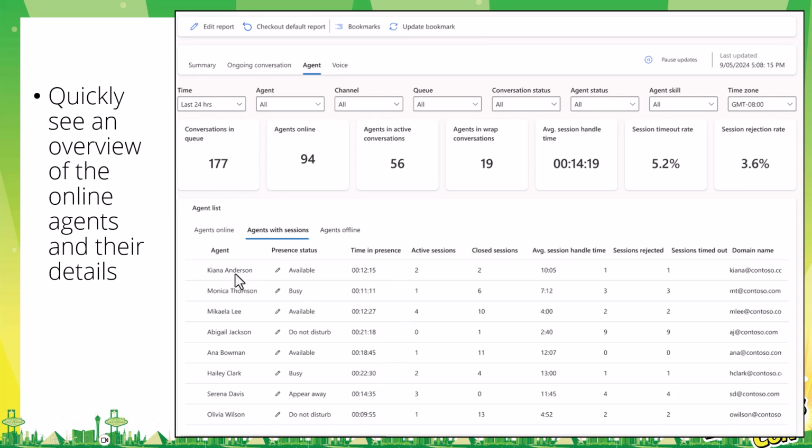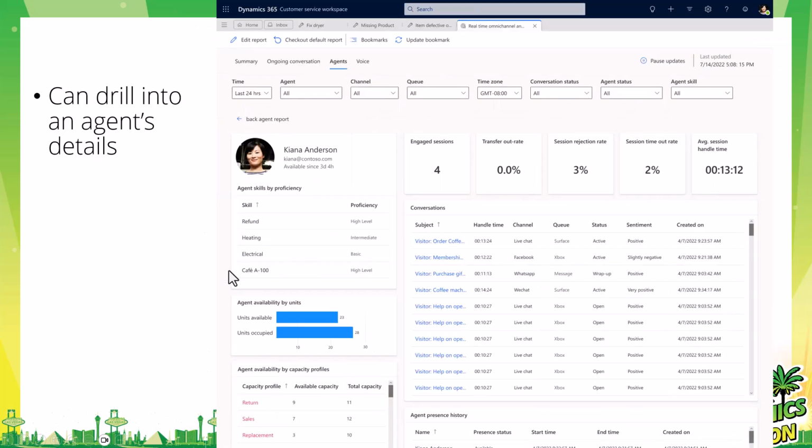And then let's just look at Kiana. She's on 2 active conversations. She's closed 2 in the last 24 hours. Her average handle time, how many conversations she's rejected. If we drill into Kiana, we can see some of her details, like what skills she has, what some of the conversations are. And you can even drill into these conversations and re-listen to the phone call, read the chat